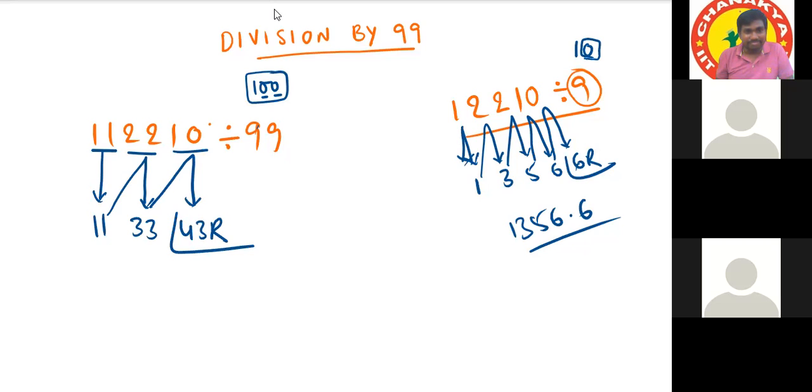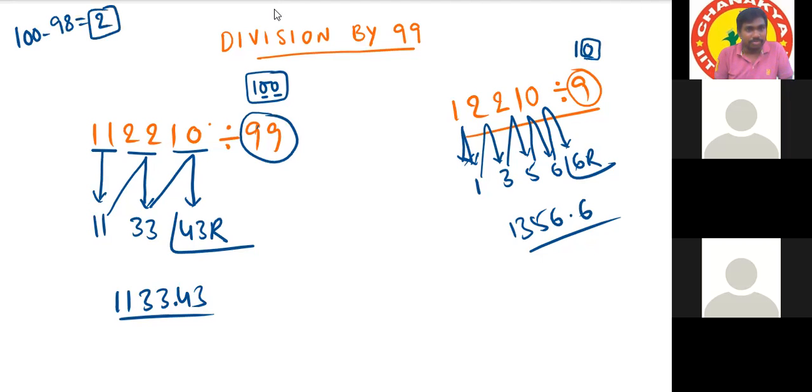In this, you have to add the point before the last 2 digits. If the decimal point is placed, two digits, so 0.43. And it is only for 99 that we can place a decimal point for the remainder. Sir, for 98 we have to double it, right? 98 is 2 less than 100. Okay, for 98 it is like that. For 98 we have to double the number before adding.